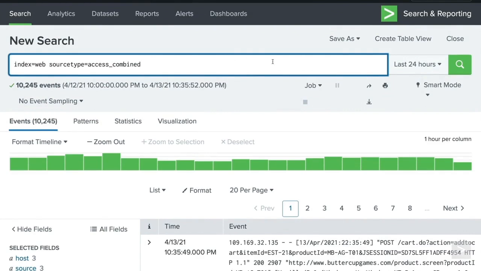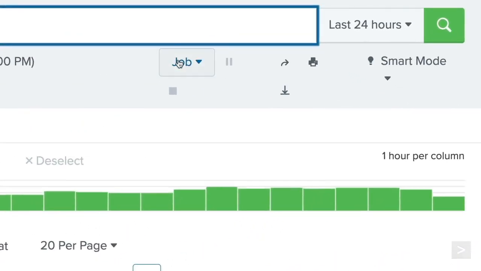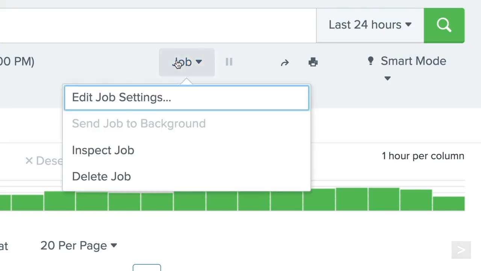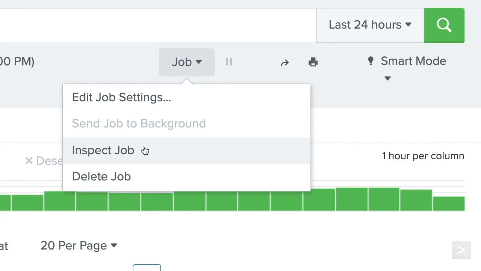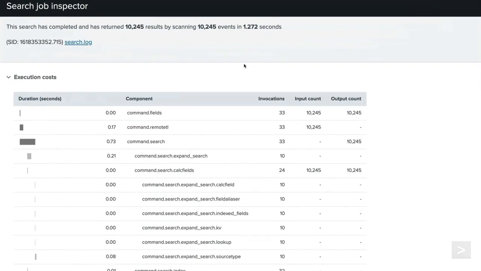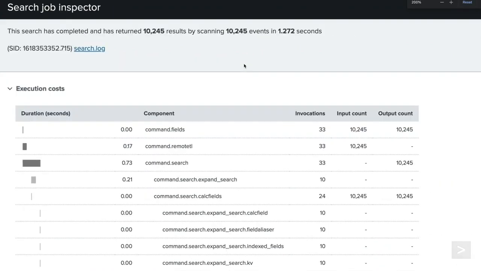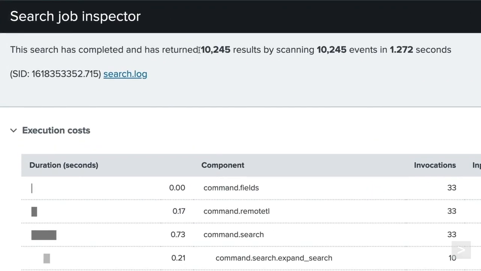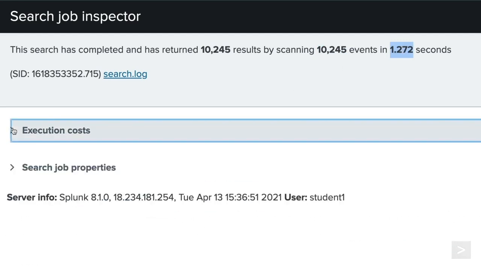If we're interested in taking a look at its overall runtime, we can open up the job inspector, selecting inspect job, and examining that this search here completed and returned 10,245 results by scanning that same number of events in 1.272 seconds. And if we take a look at the execution costs and search job properties here,